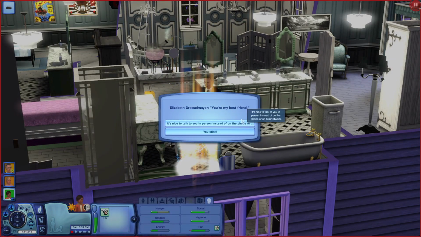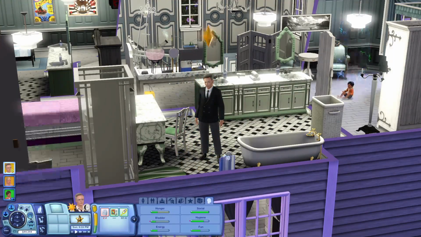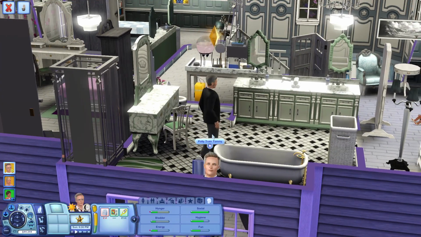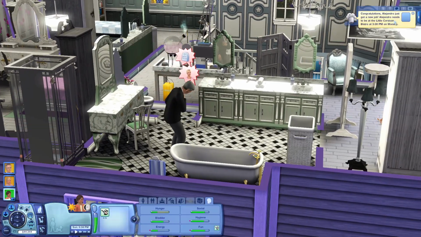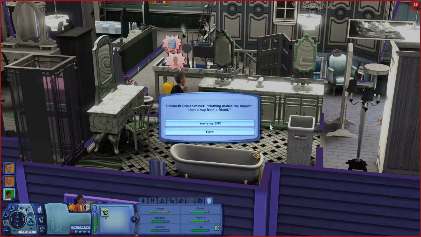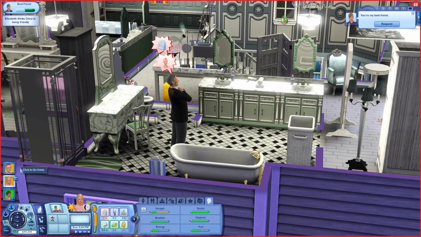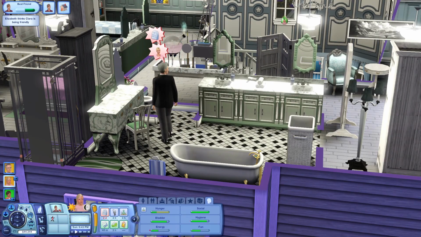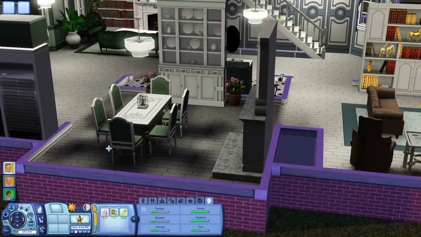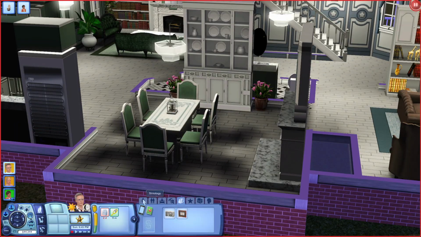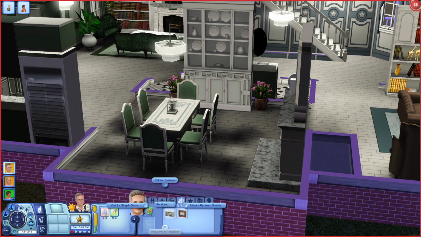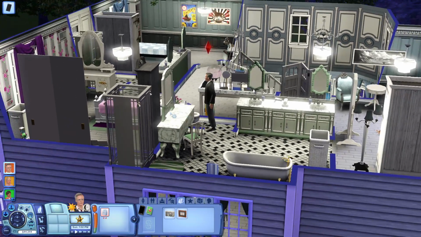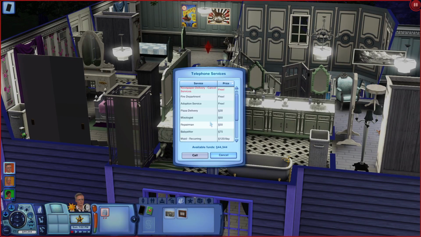Okay, we're gonna read these. Okay. Grandfather used the bathroom, and then we can potty train Tommy. Okay, why is it still giving me notifications? Yes, so you said. Okay, let's come home. Oh, we don't have any food. Oh, you know what I wanted to do? We would totally have a maid. I don't remember if a maid cooks though. I think a butler cooks, but I don't have room for a butler.